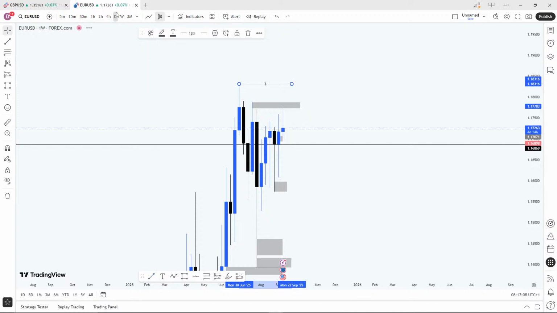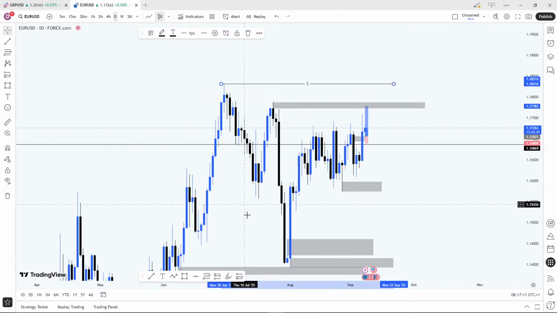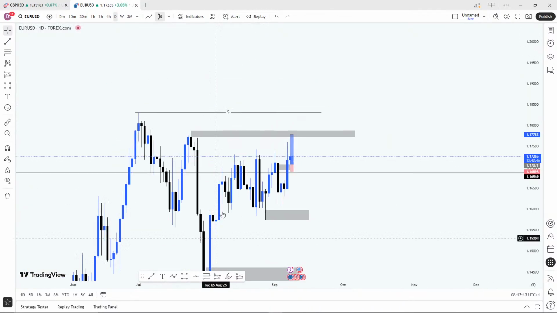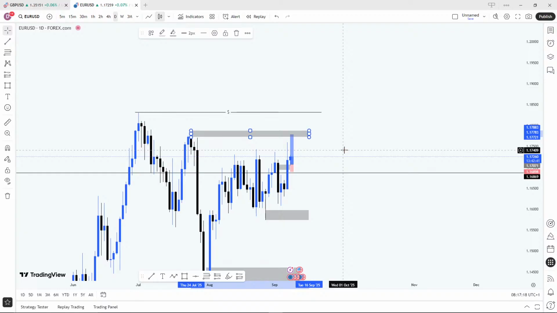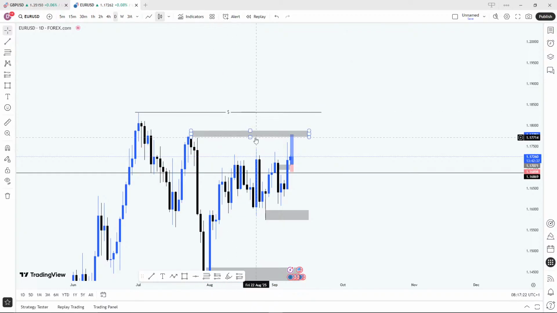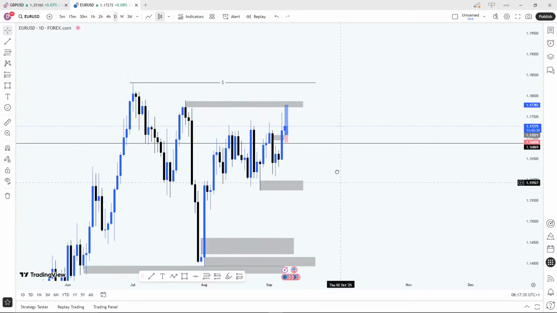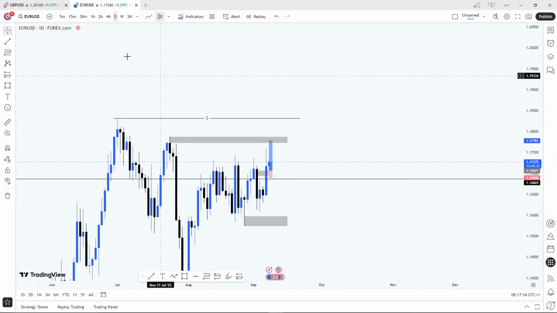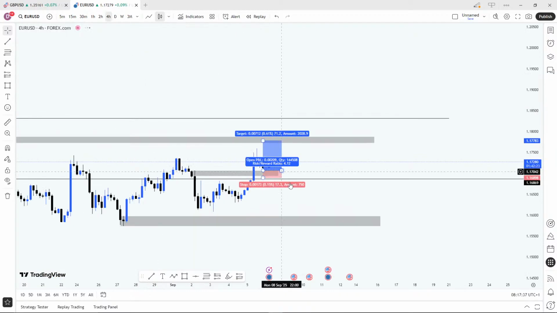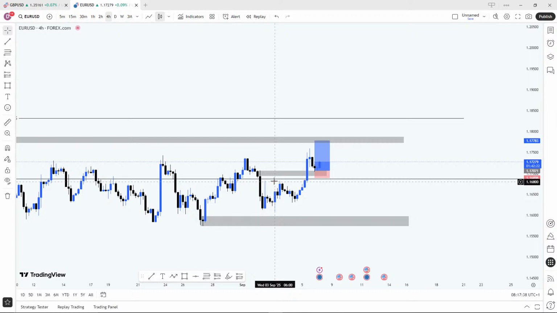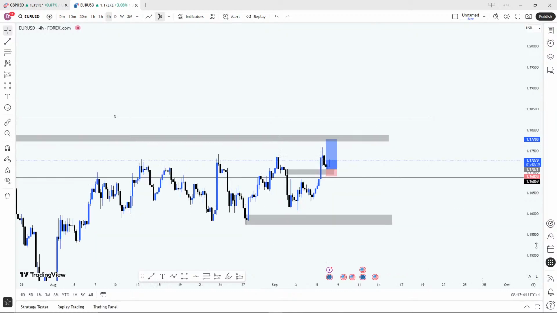Right now, on the daily time frame, this is me doing top-down analysis. On the daily time frame, we can see this is the nearest order block, where I marked out a possible zone this market can get to and sell from. Since the price has not gotten there, I can keep looking out for buys. So I want to go to my lower time frame, the 4 hour. On the 4 hour time frame, this is a breaker, a possible buy zone, and that's where the price is currently respecting.